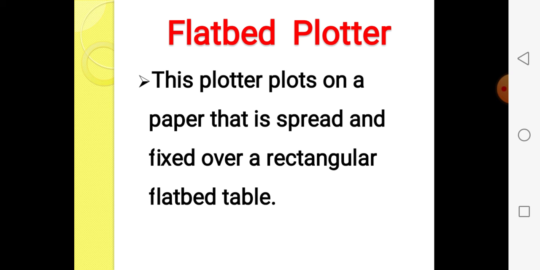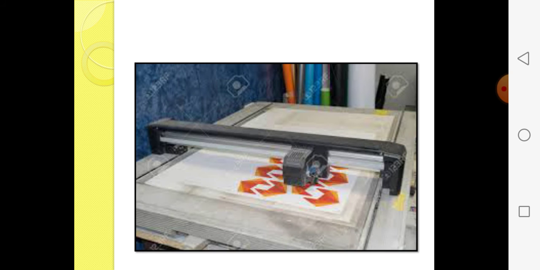So this type of plotter is used to take out designs of cars, ships, aircraft, and buildings. Very big building designs are there. For that map and all of that, we have to use this flatbed plotter.